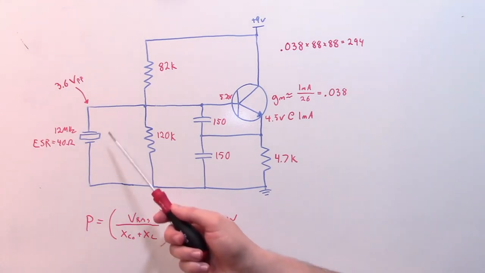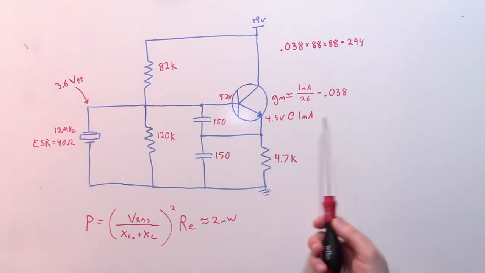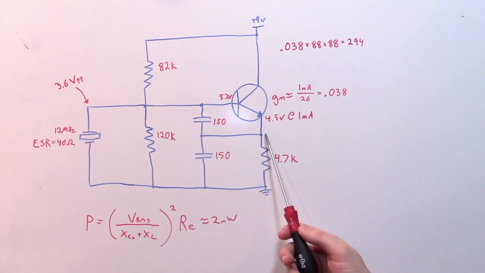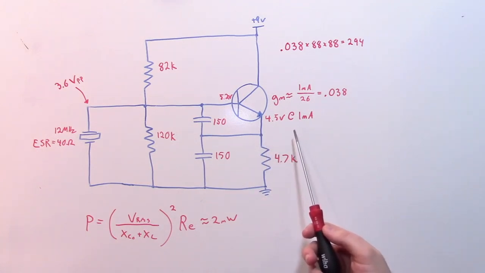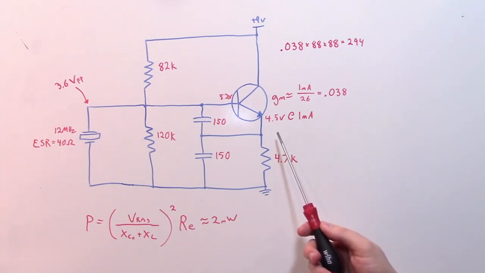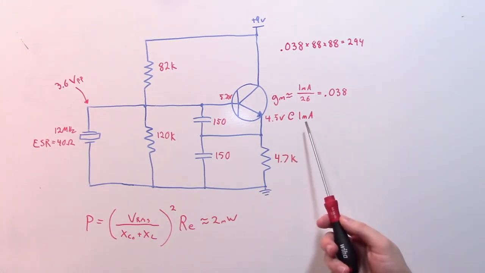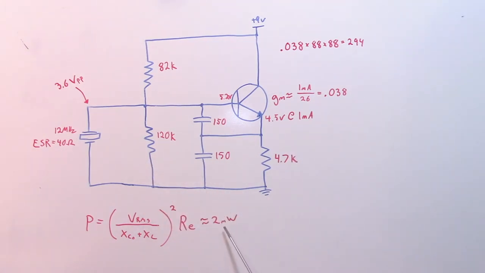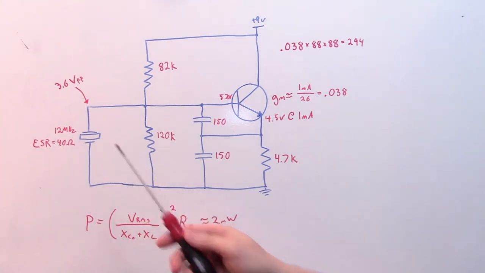So you can get away with higher drive levels if you really want more power output, and you may need that, especially if you want a really low phase noise oscillator, because phase noise is really just a signal to noise ratio. So the larger your signal, the better your signal to noise ratio is going to be. But you do have to take into account that you're going to have worse aging effects and possible drift due